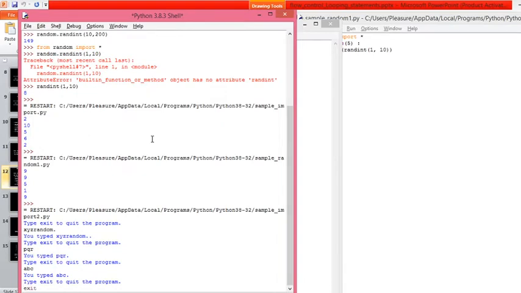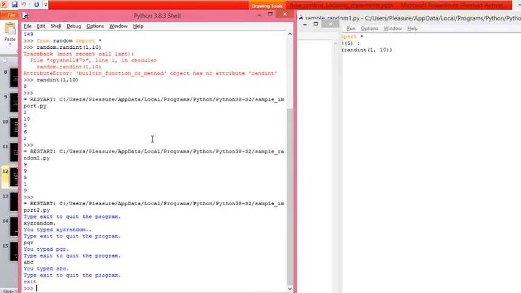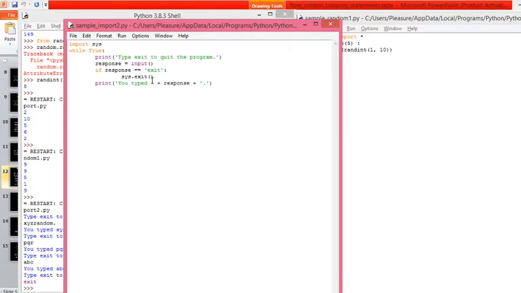When you type exit, it will terminate the program. Here I use exit, but you can even use quit, anything you wish. So here I'll write type quit to exit the program.